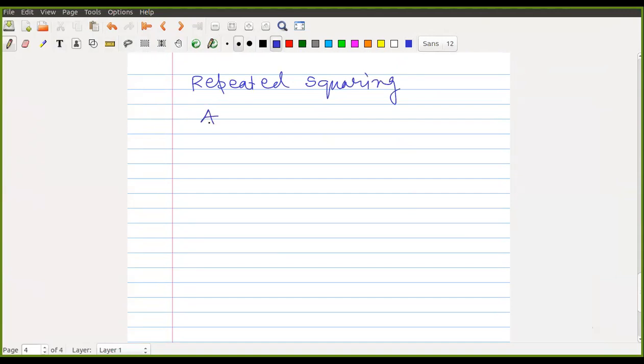Suppose there is a matrix A, right? And suppose you want to compute A to the power 64, right? So one possible way is to write a matrix multiplication algorithm. Suppose we have an algorithm, and suppose we have a subroutine that multiplies a matrix, right? So a possible way of doing this 64 thing is, for i equal to 1 to 64, just multiply